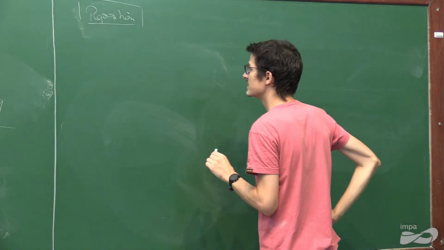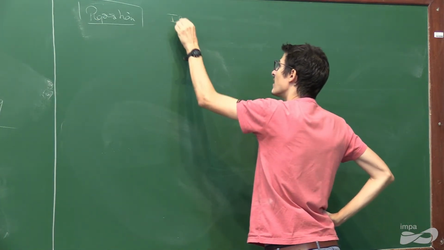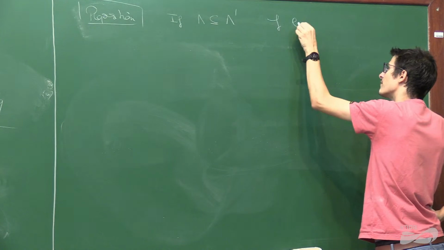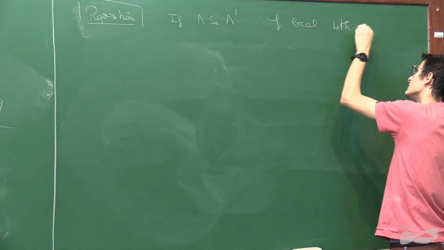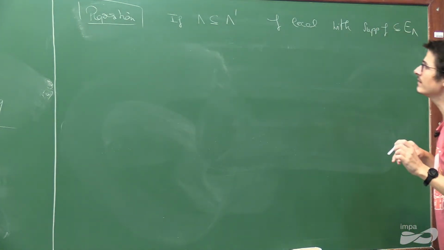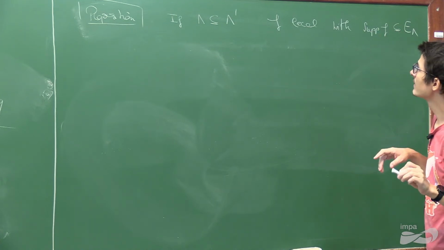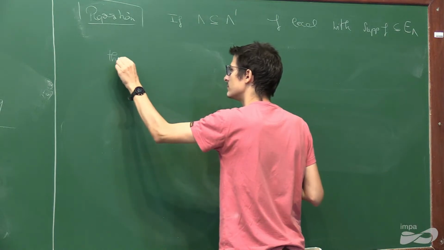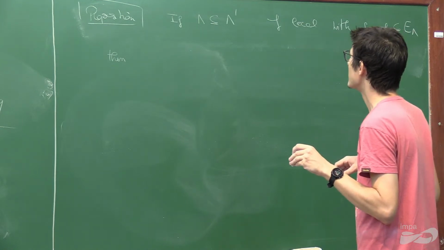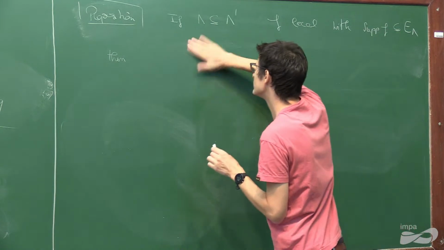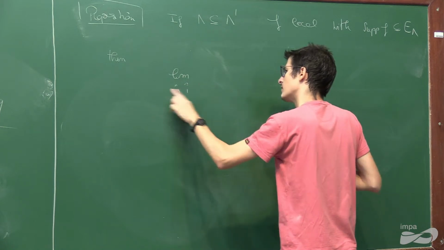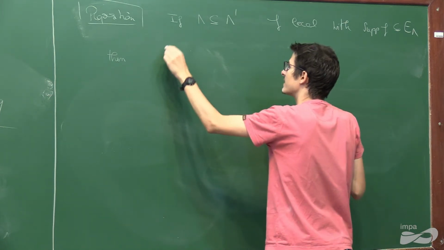What you can say here is that if Lambda is included in Lambda prime, and f is local with support of f included in E Lambda, then what you have is that